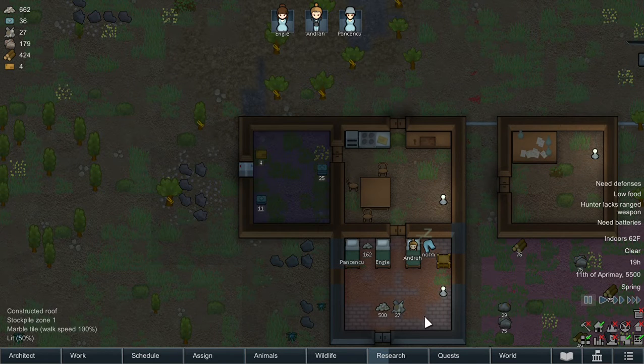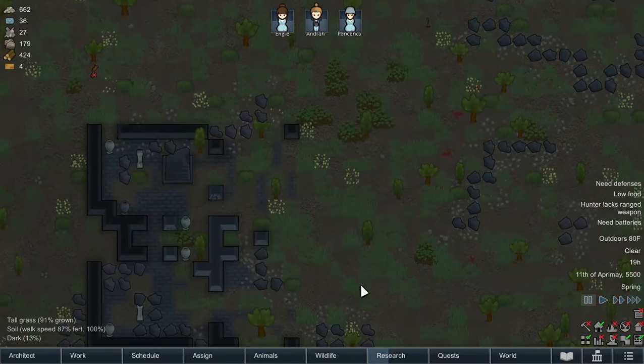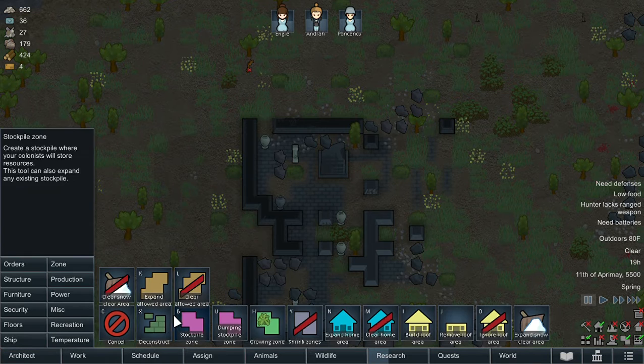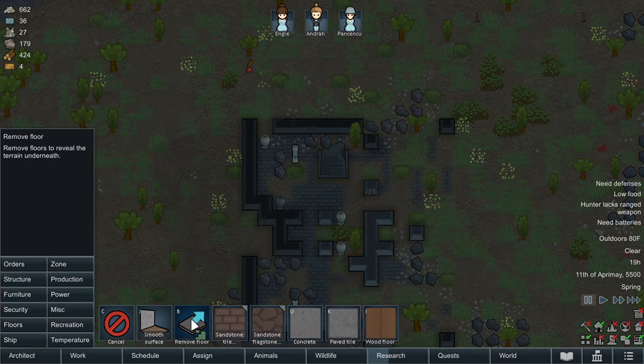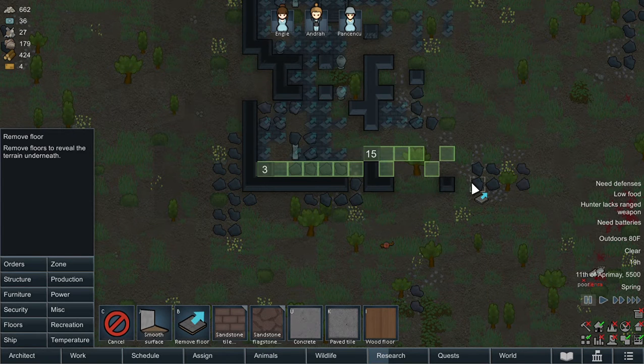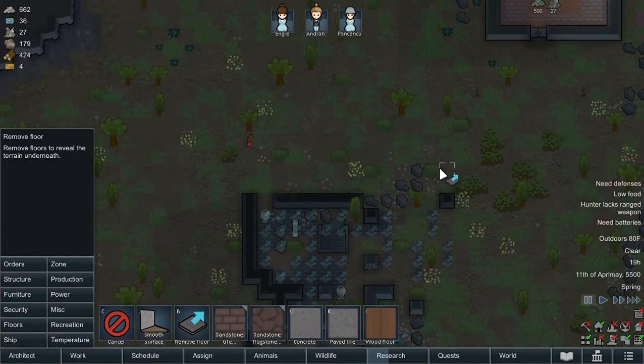We need to get floors in. There's quite a bit we need to do. Can we deconstruct these floors? No, we can't deconstruct the floors. Remove floor. Hey, now that's something. Because we can get all this material. And that's what we want. We want all the material for our base, proper rooms and kitchens and stuff like that. Certain different floors add different bonuses to